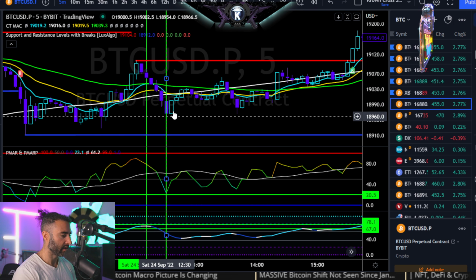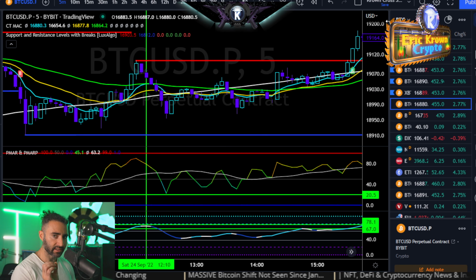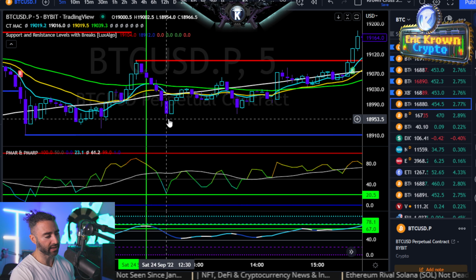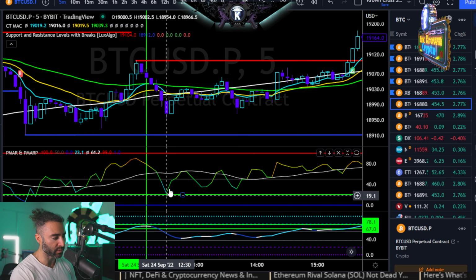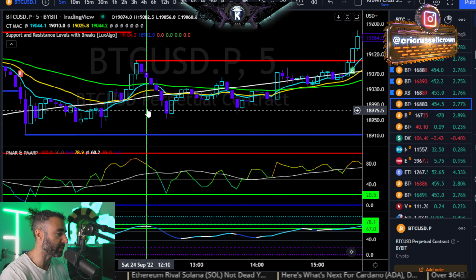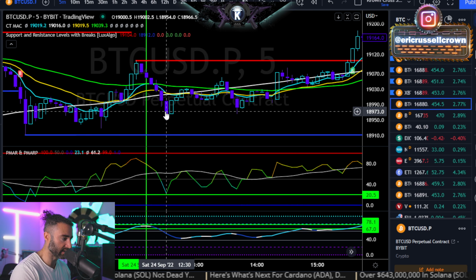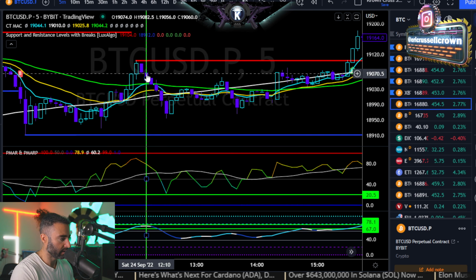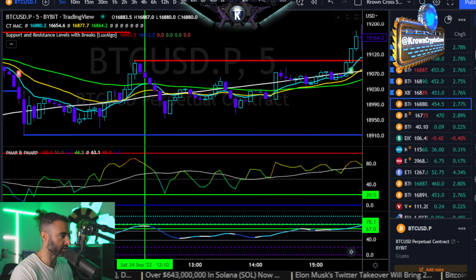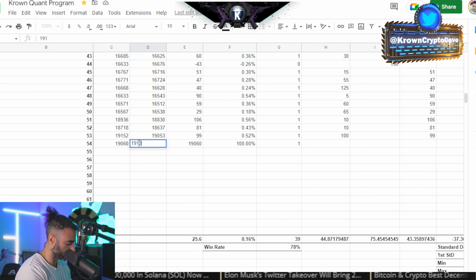I won't do that because the data needs to be clear and consistent. Also, intra-candle, you would have seen the PMARP go below 20. So I probably should mark this one off as a win, but I'm not going to. Again, I want to present the data in the least positive way. Range highs are right here. We close above on this candle right here, 19136. I'm going to record this as a loss.